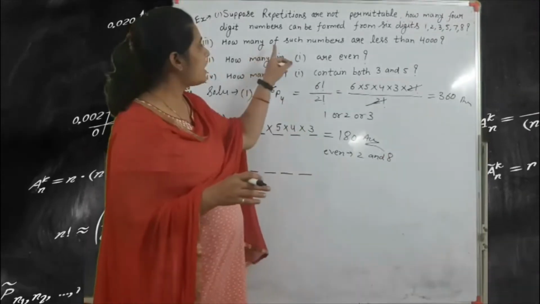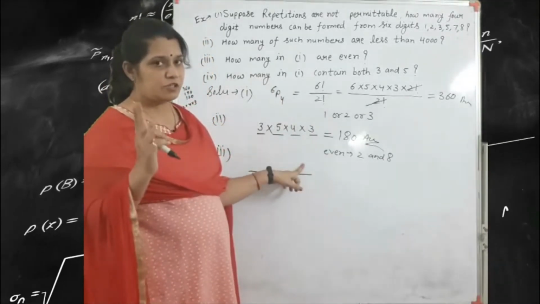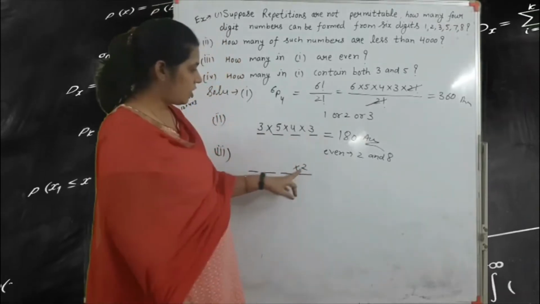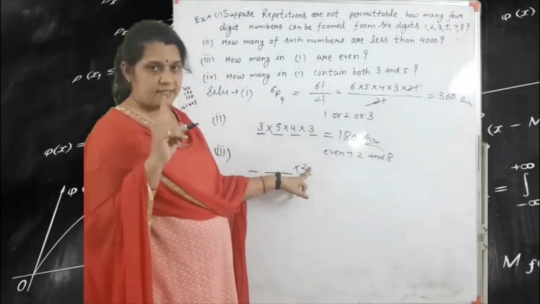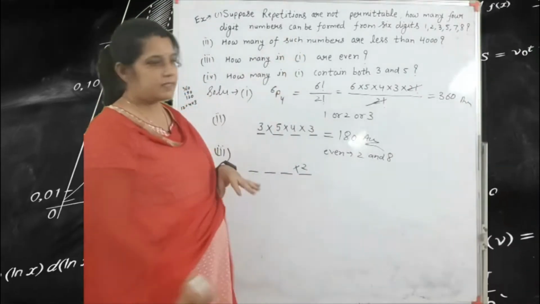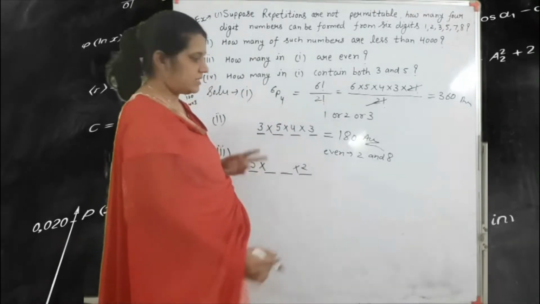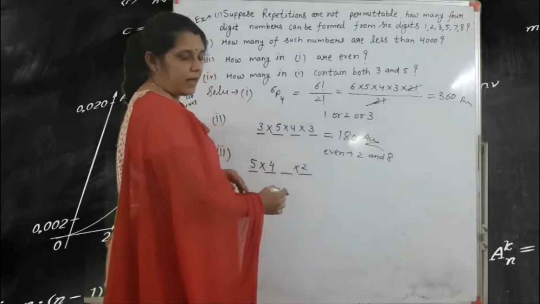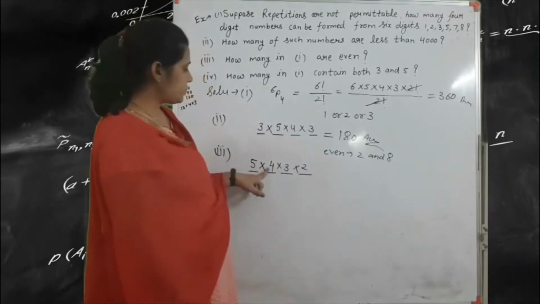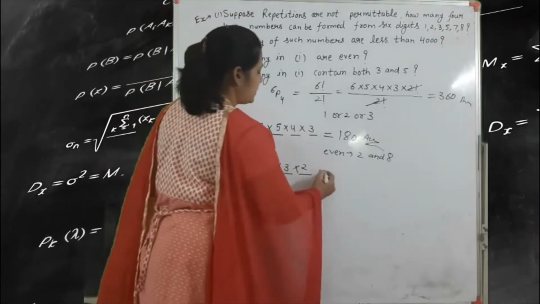After that, you find out the even number. So here we write the 2 or 8. That means two ways. So we write here the 2. And the remaining places, one digit we write here. Out of 6 digits, remaining is 5 digits. So for the first place the ways are 5, second place 4, and the third place 3. So 5 fours are 20, into 3 is 60, into 2 is 120.